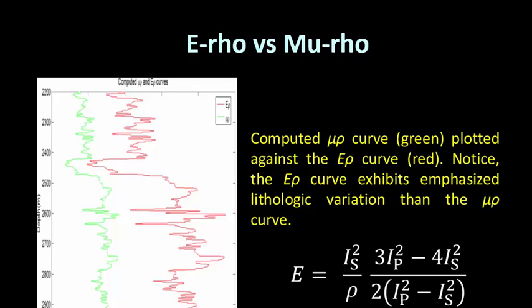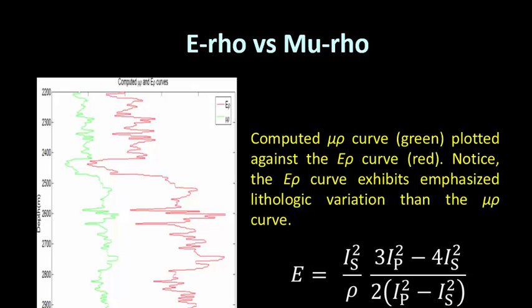And this is the E-rho curve that has again been calculated. And again, the formula for E-rho is here. You can manipulate the formula for E, which is given here. But even before this, E is given in terms of bulk modulus and Poisson's ratio, and so you can substitute the values and arrive at these formulas. But notice how emphasized the variation is for the different litho units as compared with the Mu-rho. And that is important. The variation that you may not see on the Mu-rho attribute, you will be able to see nice and clear on the E-rho attribute. And that helps in our interpretation.